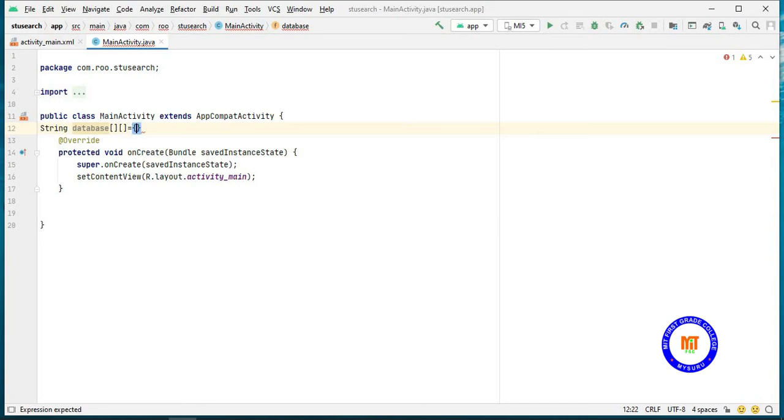So I am holding three things, that is the register number, username and the mobile number. So it has to be in flower brackets, it has to be within flower brackets, and outside also it has to start with the flower bracket.